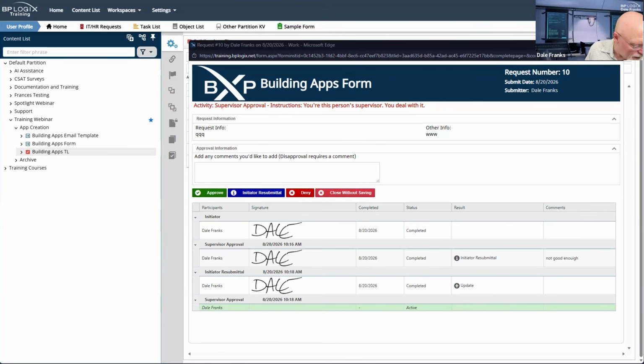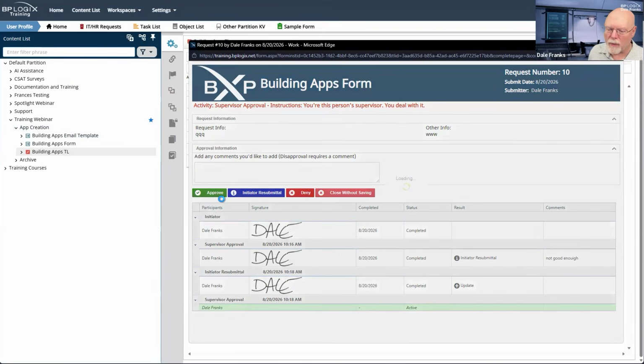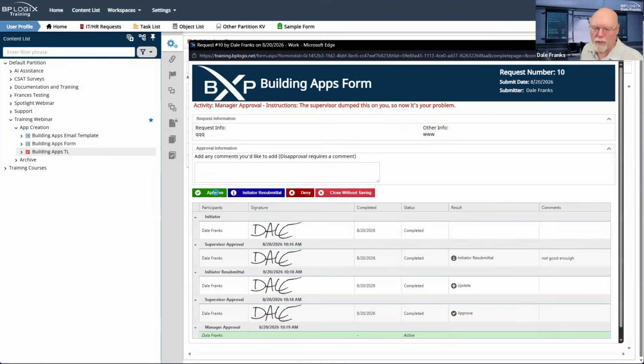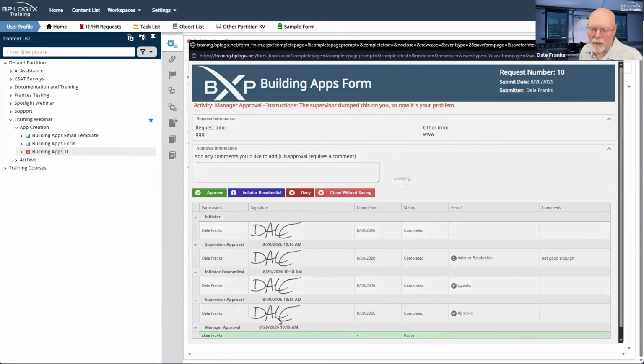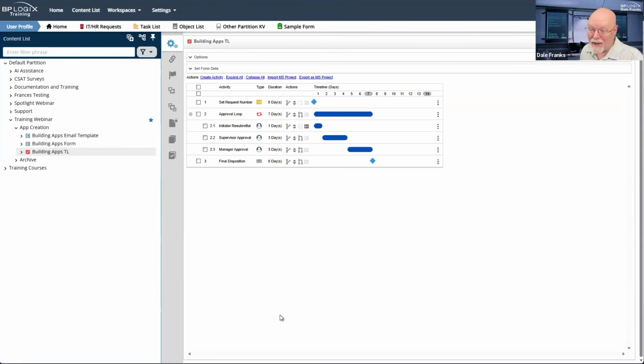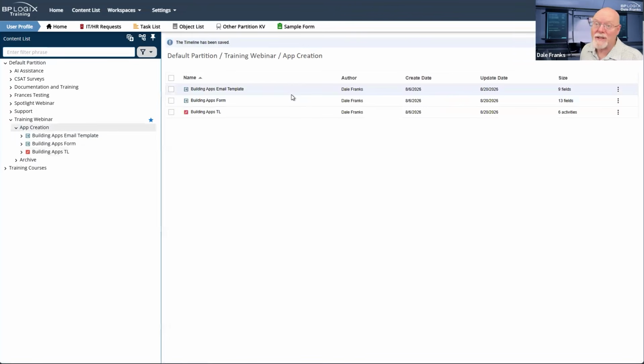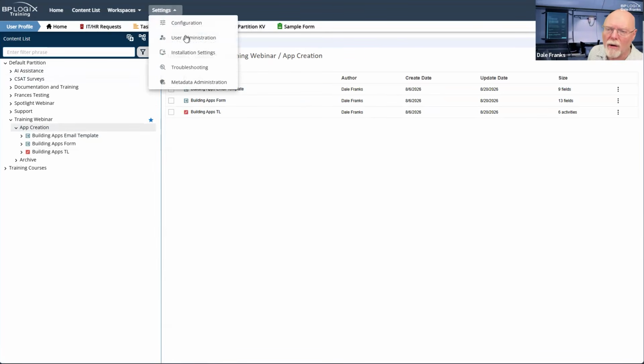Okay, well, let's finish this then. So let's hit approve for my supervisor approval, and we'll hit approve for manager approval. That should complete our task or our tasks. And let's now go and see what is going on with our email.